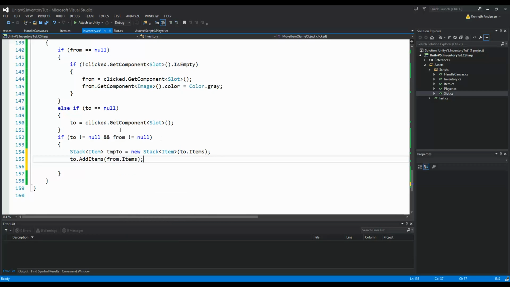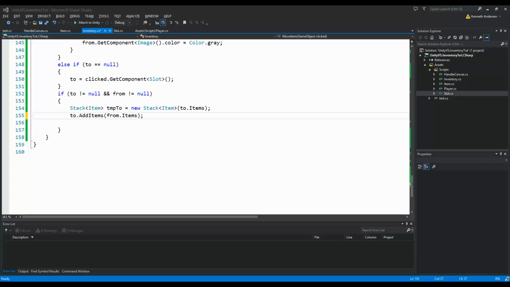So the reason that I saved my 2 items up here is because I'm actually replacing my 2 items here with the from items, and so I don't overwrite the items that were originally stored on the 2 slot. Well, then I have to save them up here in a temporary stack. Okay, when I've done that, I need to check if